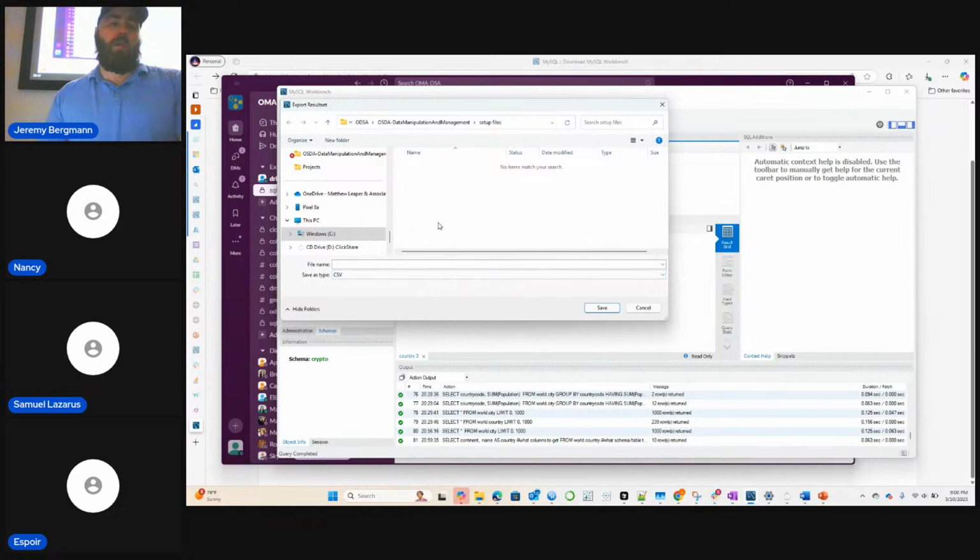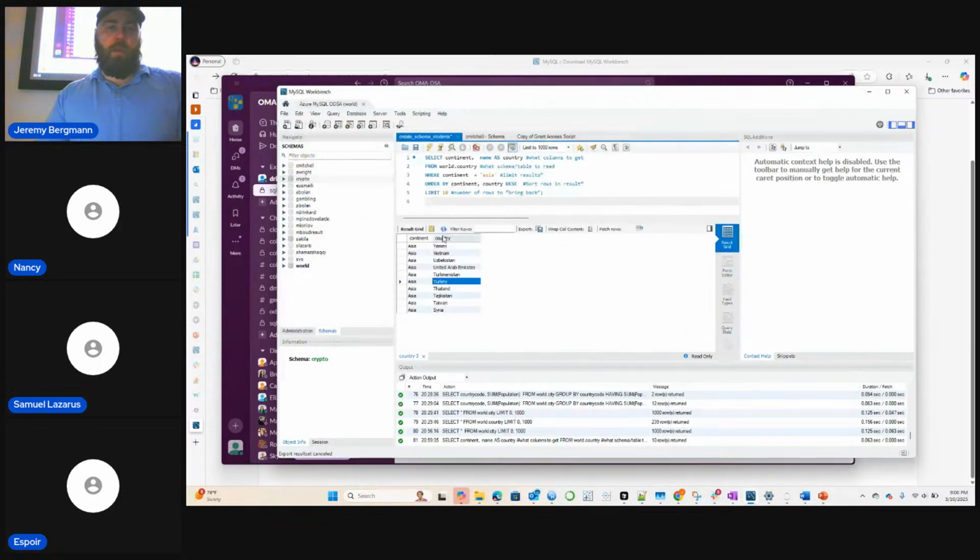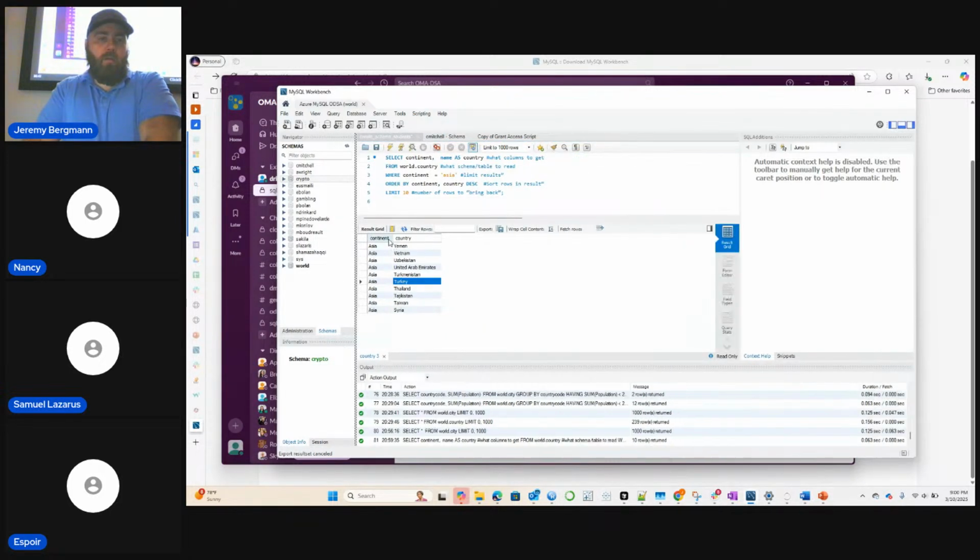How do you export it? There's that export button right here on the result grid. Sometimes if I have a big data set, I'll export it to CSV and then read it into something else. Oh, right here. I was pointing to the wrong one.